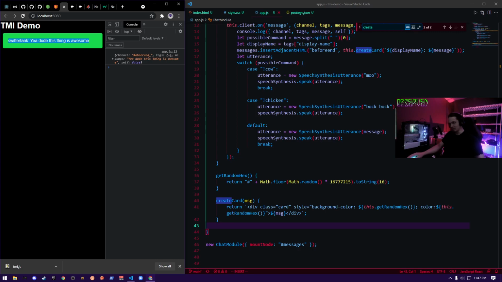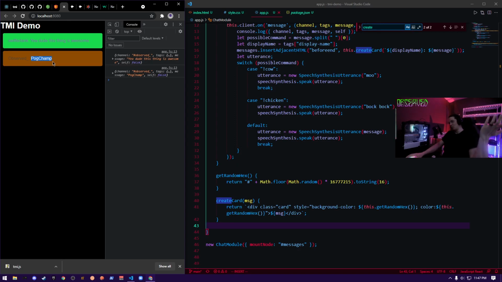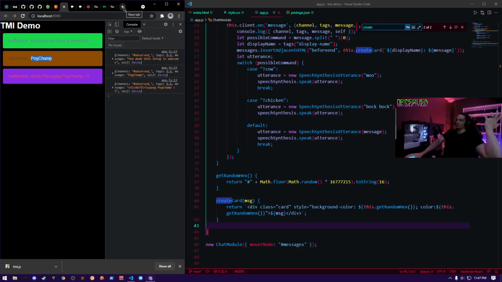For instance, like the PogChamp emote, how it's literally just typing in PogChamp. If I wanted to, I could make my own PogChamp.